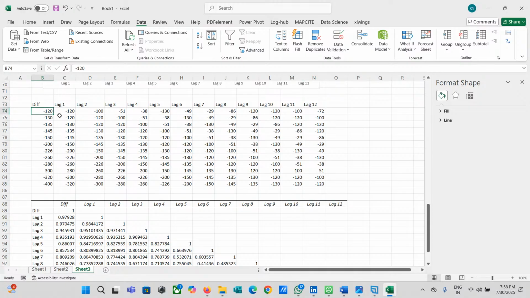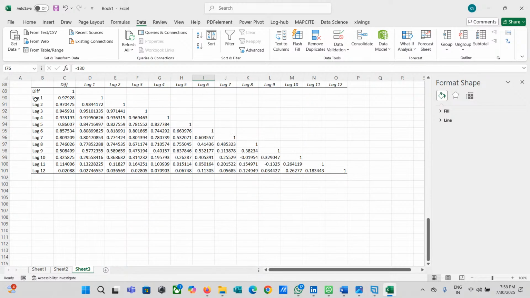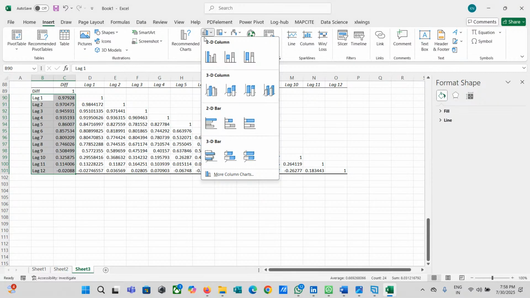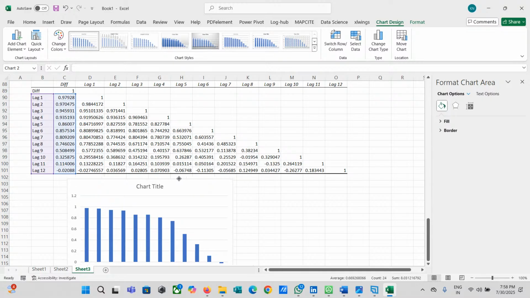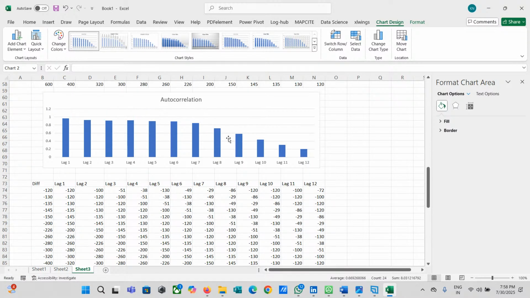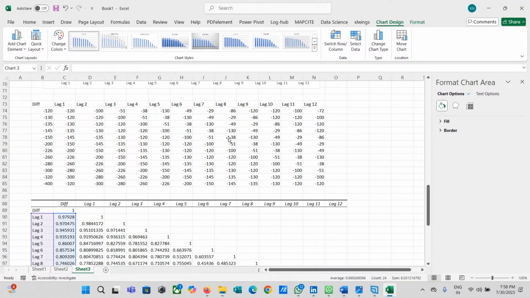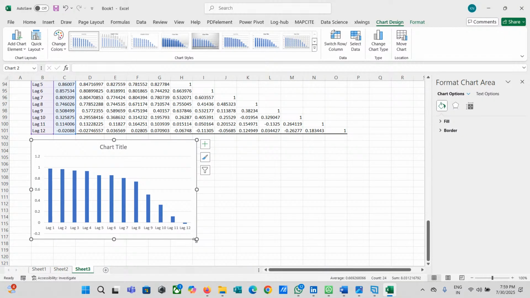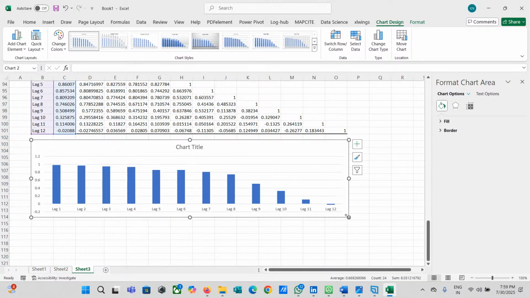So what we see again is a strong correlation. It means our data is still not stationary, but it is not as strong as the previous one. But it is still showing.